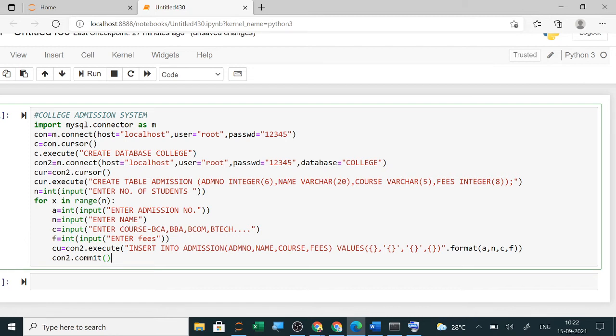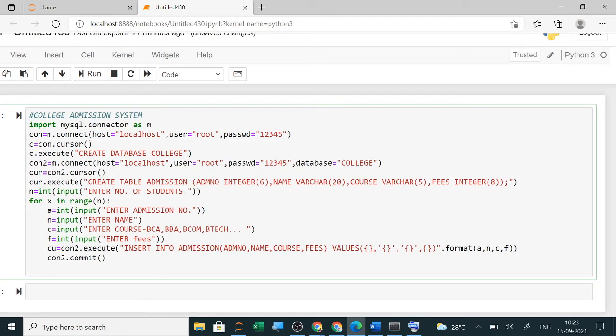So let us start with the select query. In the select query you have to write the execute command. I am creating a cursor first. So here I am writing C2, and my connection is conto.